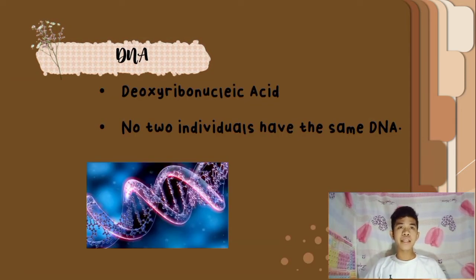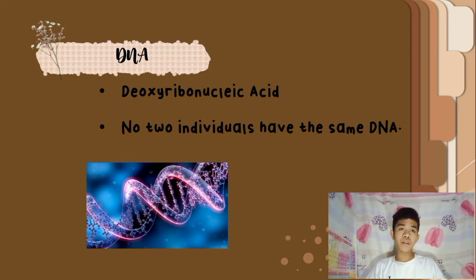So next is the DNA, or the deoxyribonucleic acid. No two individuals have the same DNA. For example, in a crime scene, if the investigators are having a hard time finding the suspect, they will collect the DNA from the crime scene. And if this DNA is matched to your DNA, then you will be considered a suspect,